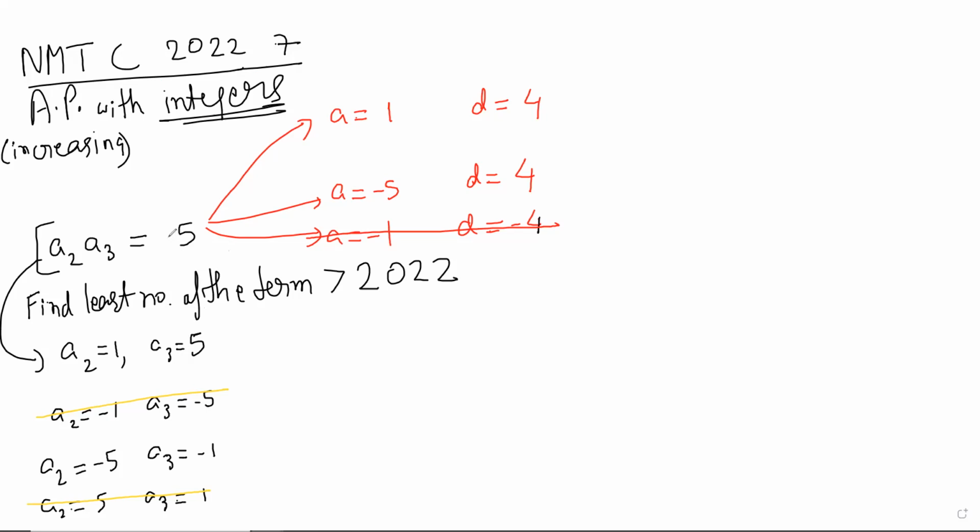So in some sense, the answer is not unique because the APs are different. But if the question is, out of all possible APs that satisfy this, then you have to take the fastest AP, and that's the first one, right? So now there is a competition between APs because there are two APs, and as Aparna said, obviously the first one will win because we want the least term. So there are several possibilities, but if we have to choose one, then it's